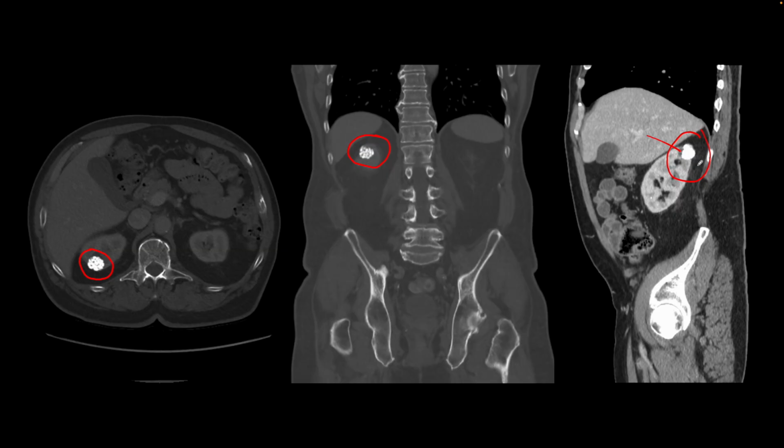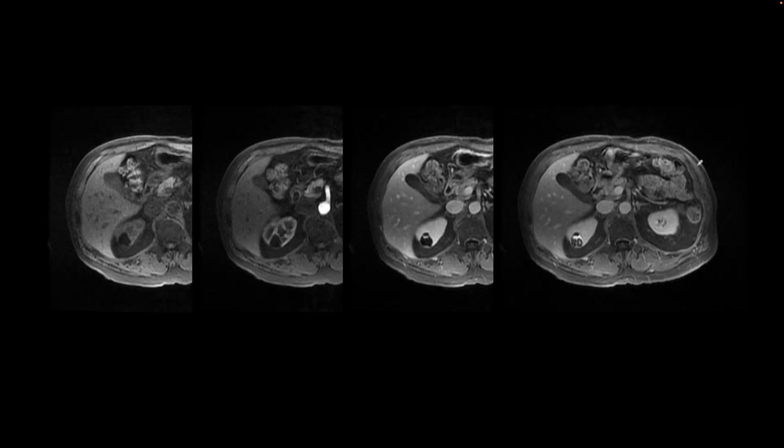So it's a lesion where there is stasis of urine to such an extent that stones have developed, and so they have a calyceal diverticulum, which was also seen on an MRI that was performed for another reason. We are looking at contrast enhanced images. On the left we have the T1 fat saturated non-contrast or pre-contrast image. Then we have the arterial phase, portal venous phase, and the delayed phase. And on the delayed phase, we find that there is